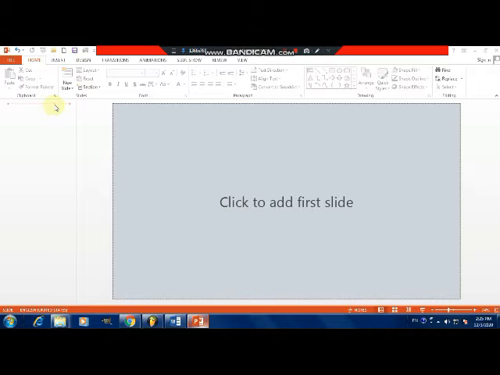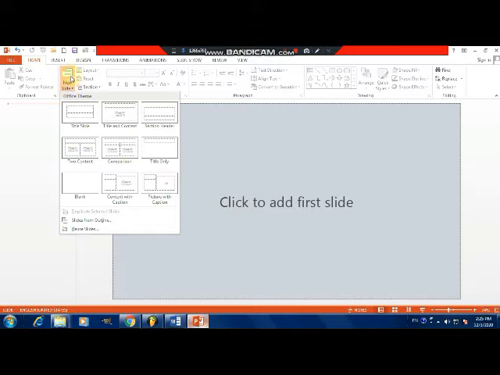To insert a slide, you have to go to the Home tab, then click New Slide. See, you have to click the bottom section. You can click the upper section, but it will insert a slide with the default layout. So if while inserting you want to choose a layout for the slide, then click the lower section of the New Slide command. Then you have to choose the layout for the slide. Now how many different layouts are there? Nine different layouts. First one is the Title Slide layout. Second one is Title and Content. Then Section Header, Two Content, Comparison, Title Only, Blank, Content with Caption, and Picture with Caption. So these are the different layouts for a slide.